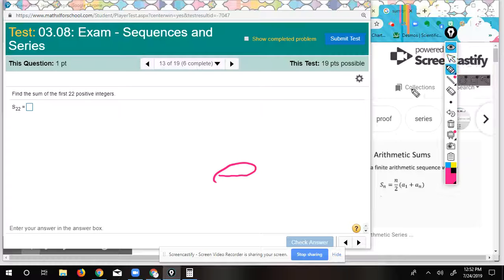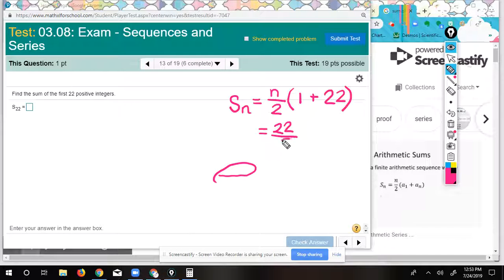Okay. So the way the formula tells us is we're going to take the number we're looking for, so for us it'd be 22, times the first positive integer, which would be 1. I wonder if 0 counts. 0 is an integer, but it's not positive, so let's put 1 in there. And then the last positive integer would be 22. So then we plug in, we're looking for the sum of the first 22. So 22 divided by 2 is 11. And this is 23. So 11